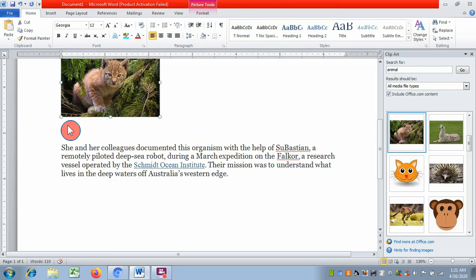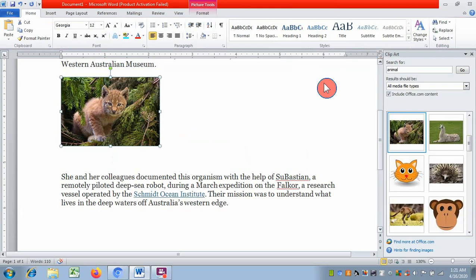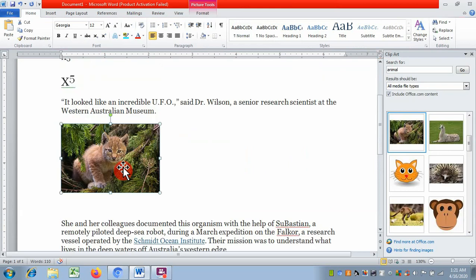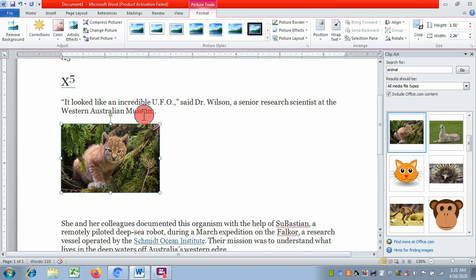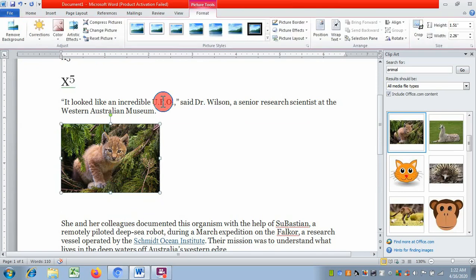Now I want to use text wrapping around this picture. Select this picture and you can see here there is a different set of tools in the Format tab. It comes when the picture is selected. Suppose I don't select the picture. Now the picture is not selected, so the set of tools associated with this picture is not appearing. The moment you select the picture, a different set of tools will come. You can see here in the Format group.